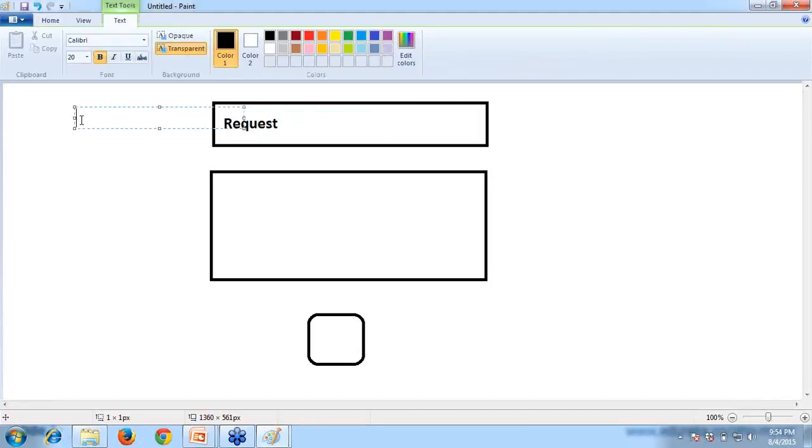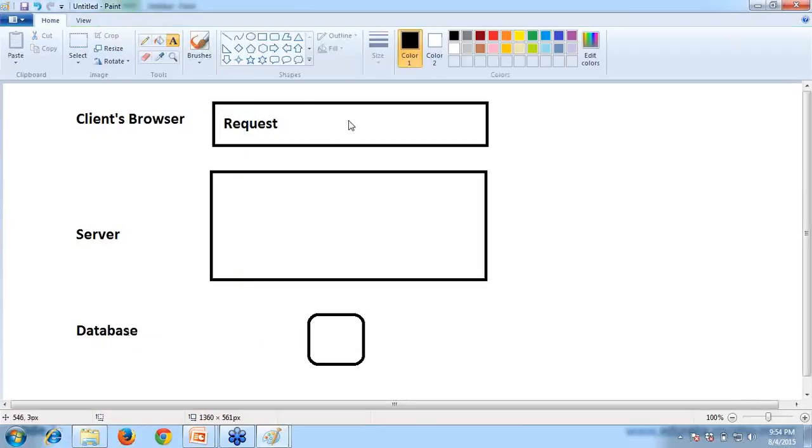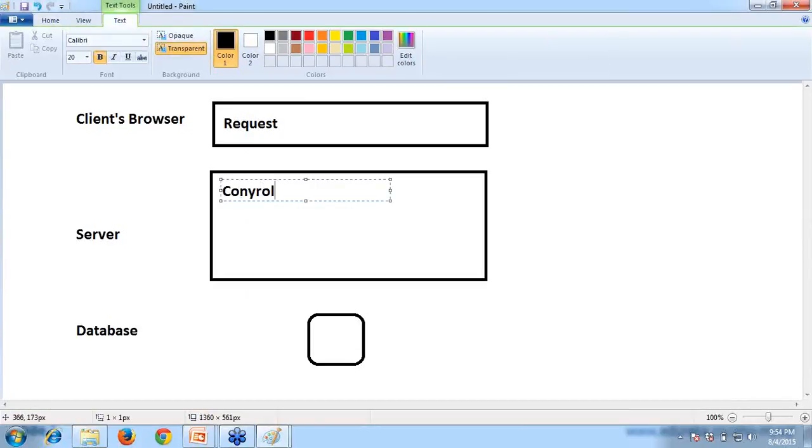The client sends a request to the server, and below it is the web server and the database. Where will the request come? All requests will come to the controller. The controller will understand the request of the client.